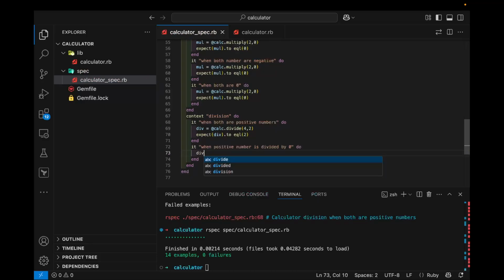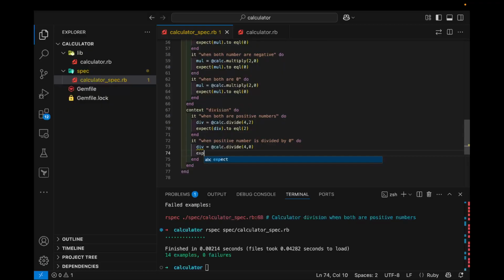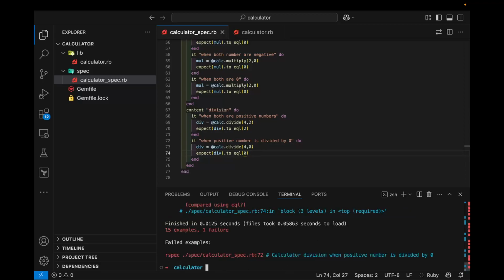So div equals calculator dot divide 4 comma 0, expect div dot to equal, I don't know, 0, but it won't be 0, it will be something else. So first I will run this